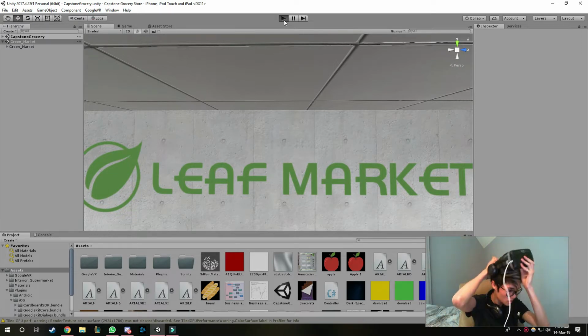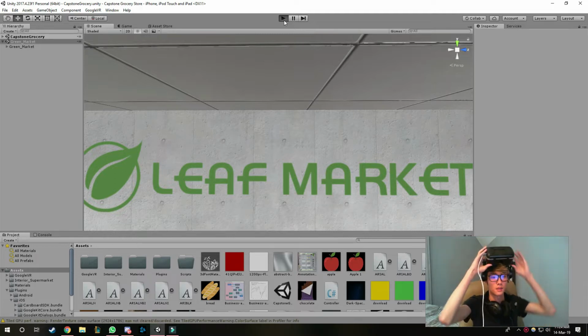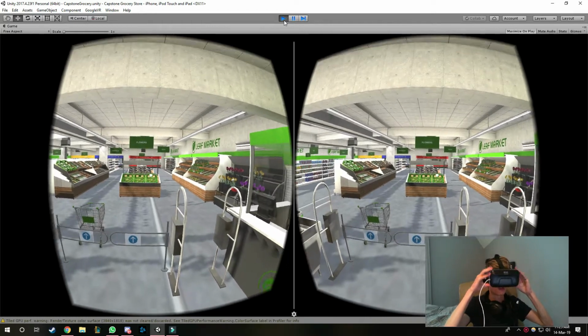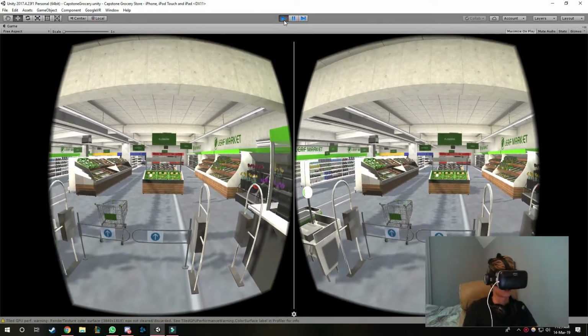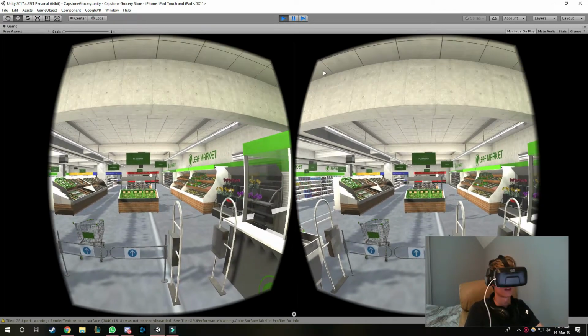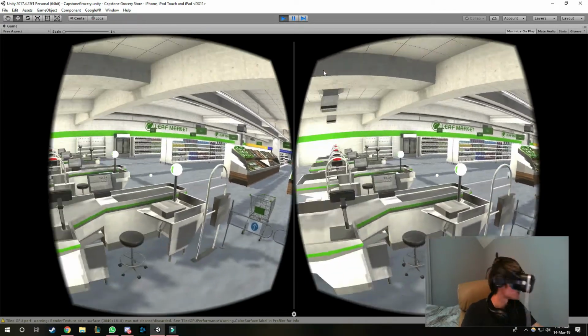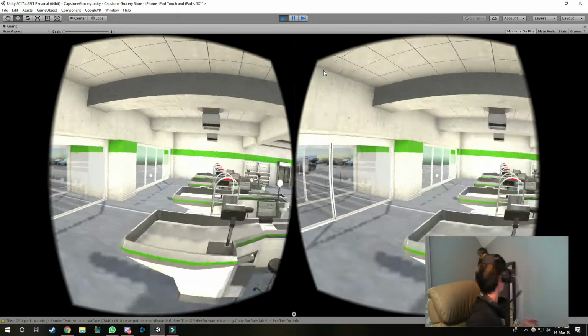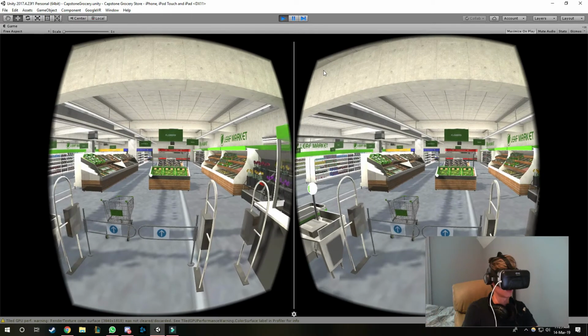So to get this to work, we have to set this up, and I should be able to look around. So get this comfortable and everything, and let's get started. What you should be able to do is look around the store as normal, like even look behind you,